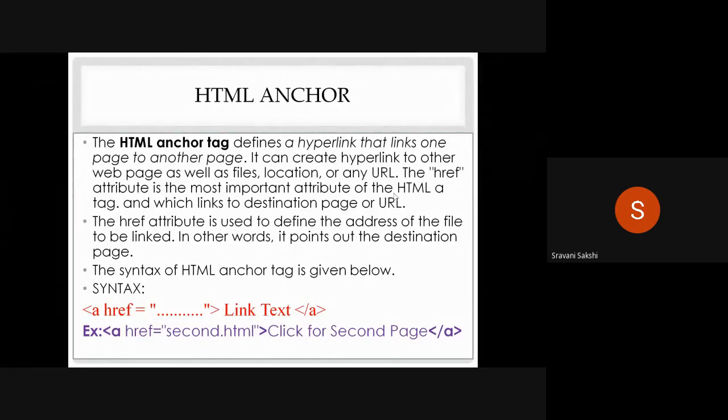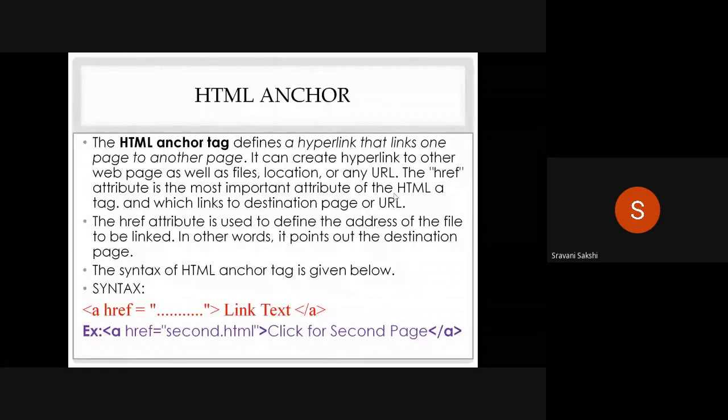That is, it creates the link from one web page to another web page, or between files, or between URLs, or any types of links or hyperlinks are established using this anchor tag.